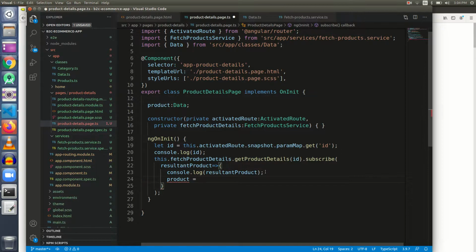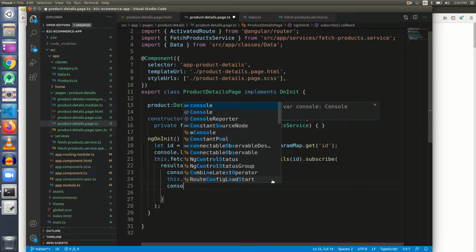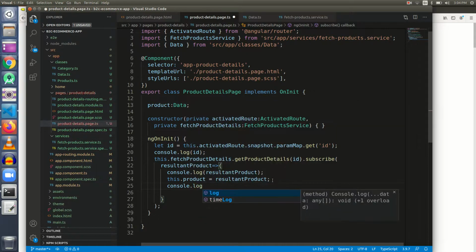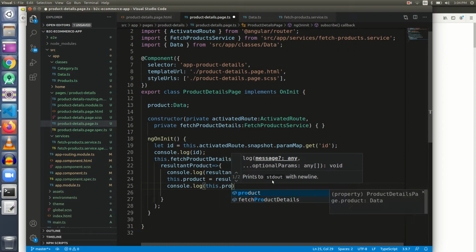So resultant product, and you see again, if we are not using this, then we are making a mistake. And let me console log this again, whether we are able to successfully put the data inside this.product or not.